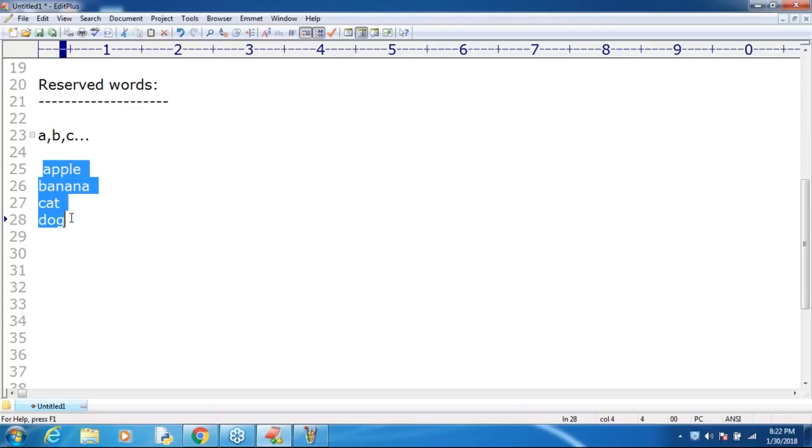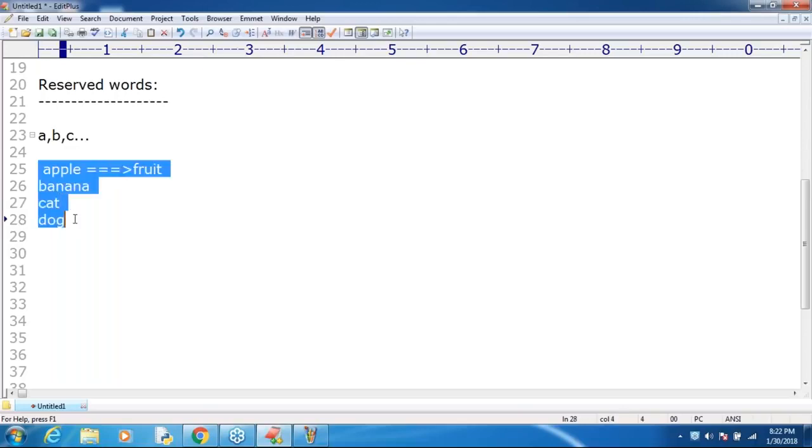In English, this word apple is reserved to represent some kind of fruit. Banana is also one type. Cat, this word is reserved to represent one type of animal.